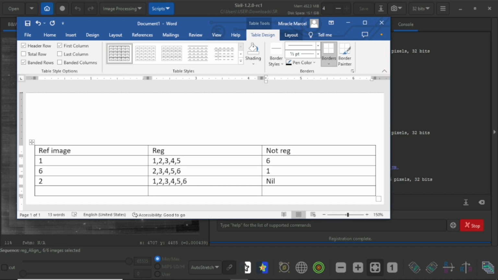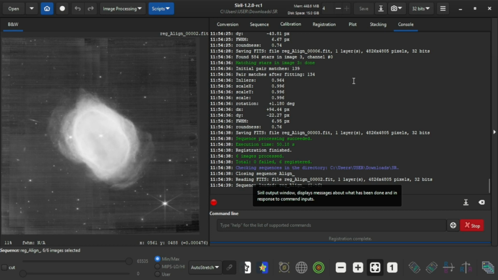And this is the process you should apply whenever you are processing images from the James Webb Space Telescope. It comes with this kind of iterations. You would use this particular image as your reference. It wouldn't work. You have to change. By the time you change to all of them, maybe one would work. So after this,